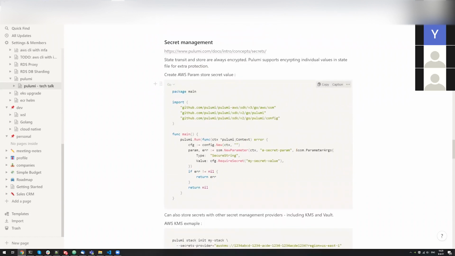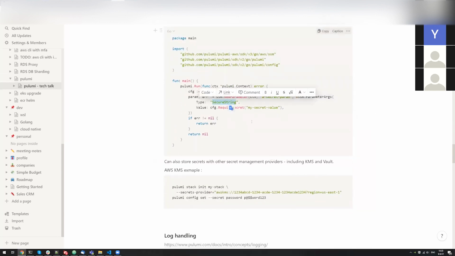First, I think this example is a configuration where we actually store a specific value in a parameter store in AWS. We can use this similarly to what we usually use in Terraform. For example, if you create a dynamic database password and you don't want to show it or save it anywhere during the pipeline or the Pulumi run, you can define a resource where after this password is generated randomly, it's directly stored in parameter store, and then in your next resources, you fetch it directly from the parameter store using just the key instead of the plain text value, which provides a lot more security. So do not put any plain text configuration in your